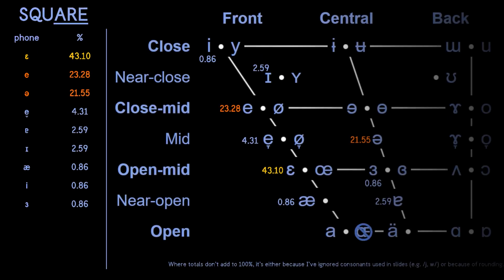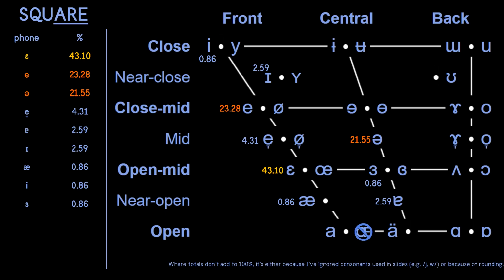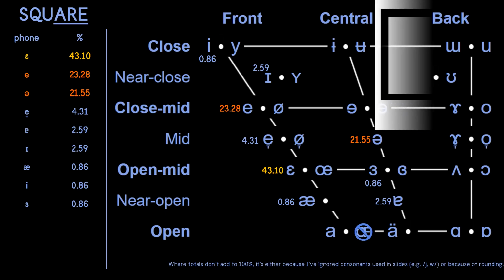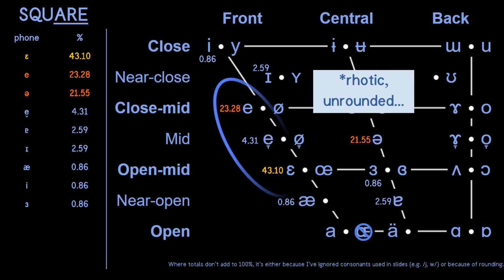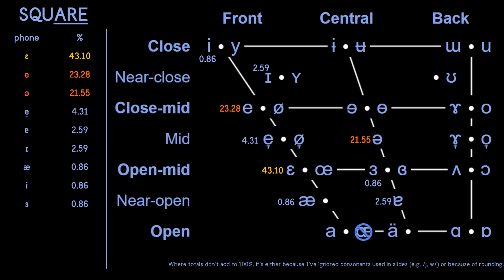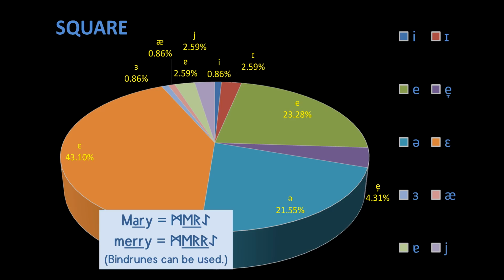As for the square vowel, let's compare it with the dress vowel. As with other rhotic vowels, it's a bit more likely to slide than its non-rhotic counterpart. But is the similarity clear enough for you? This vowel is a rhotic mid-front vowel, despite some misapproximations. Here's its pie chart. This vowel is used in the name Mary, whereas Merry, as in Merry Christmas, uses the dress vowel followed by